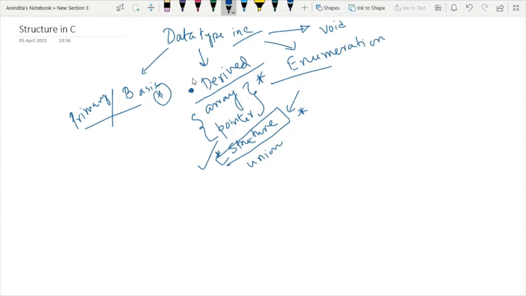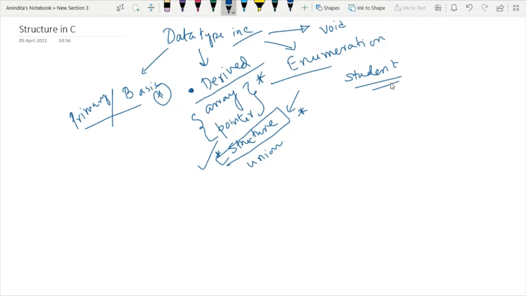For an example, if I have to write a program to store student information, in that case we have to store student name, age, branch, permanent address, father's name, and so on. So, which includes basically strings as well as integer values.